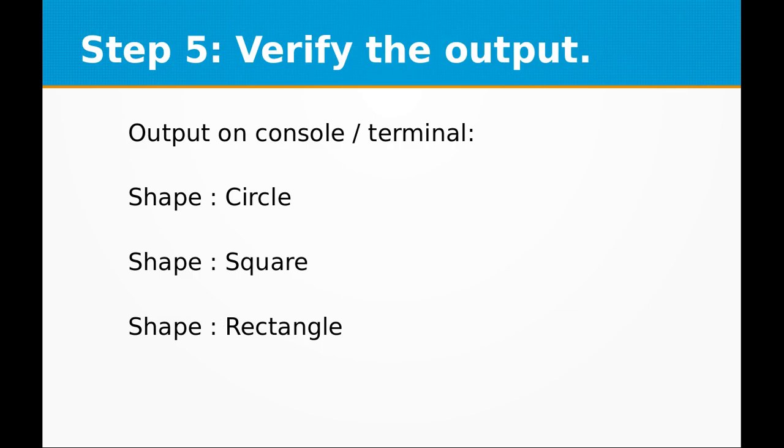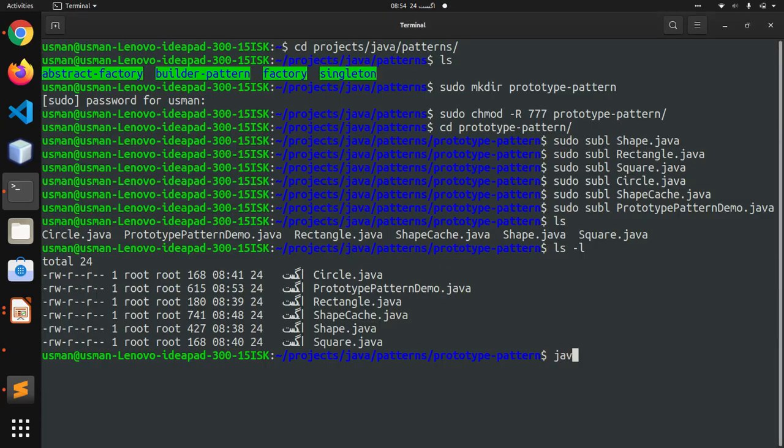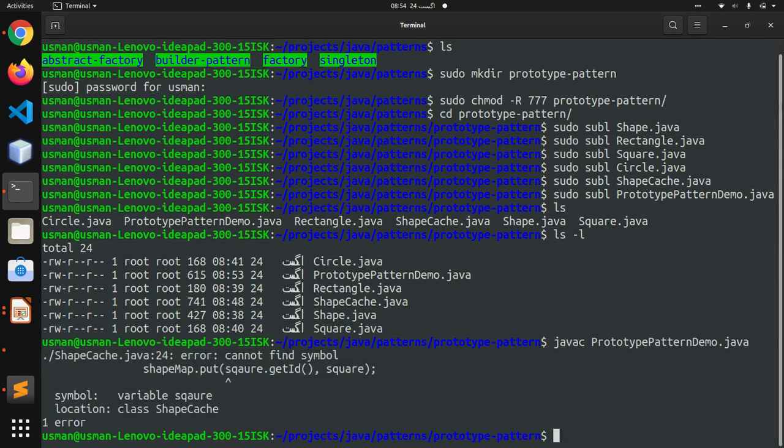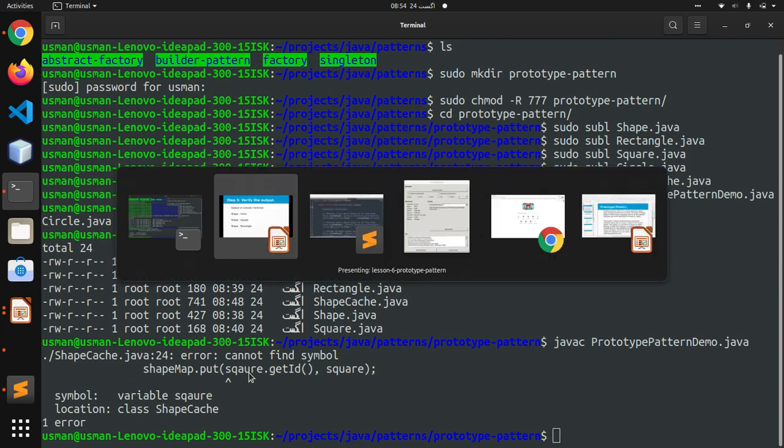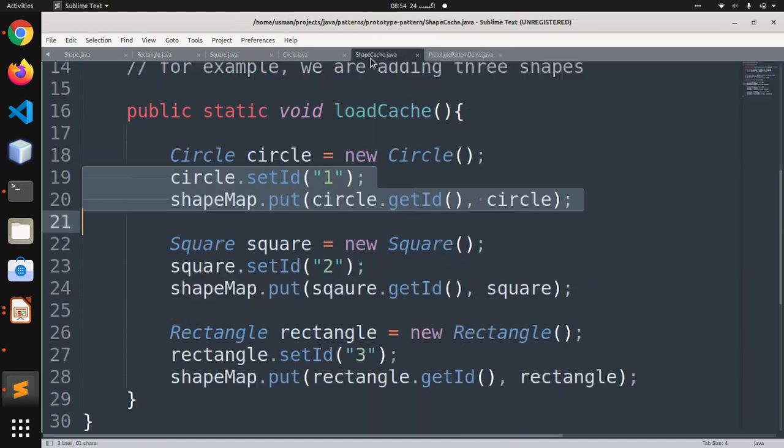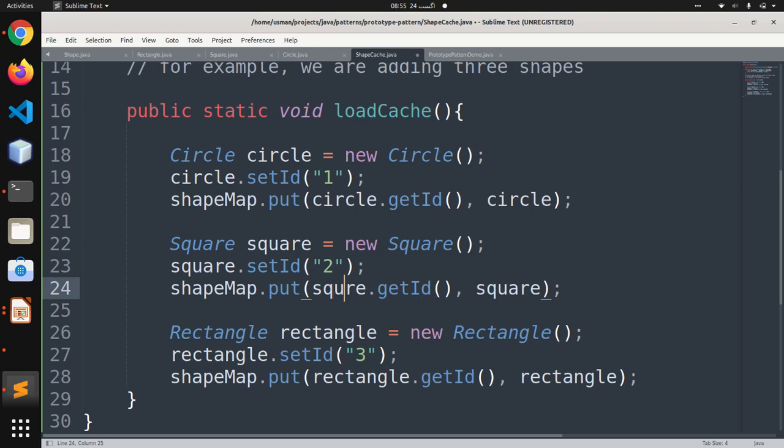So step 5 is to verify the output. Okay, let's compile PrototypePatternDemo.java, and okay, it says cannot find symbol, and it is in the ShapeCache.java class. So let's go to the ShapeCache.java class and let's go to square. Yeah, there is a typo, as you can see, it is UARE.